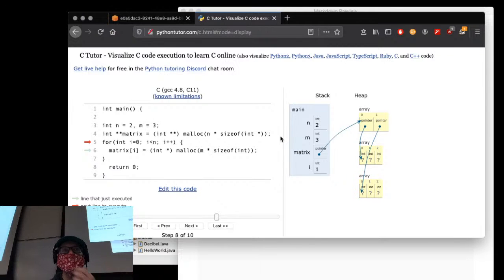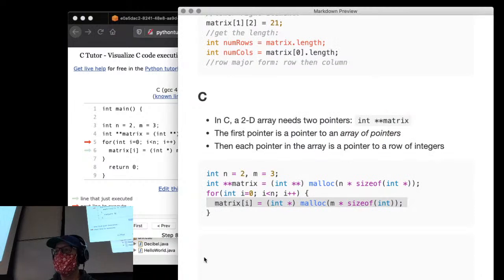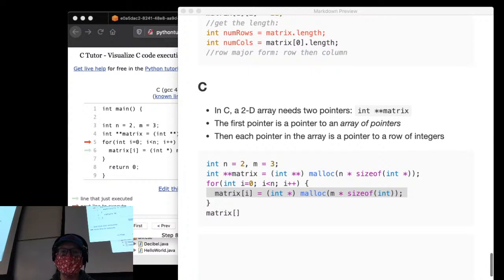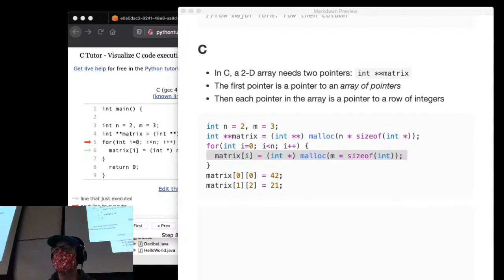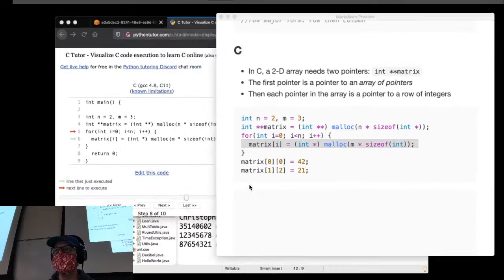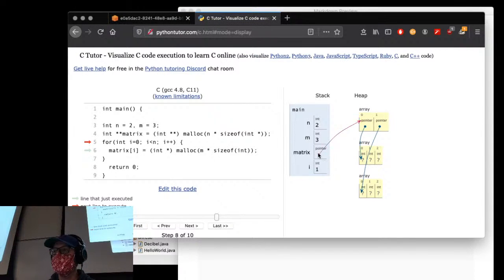But after that's done, I can access it just like I would a normal 2D array. What I can do after that is, there's a matrix. So in fact, I'm just going to steal the code from above. It's exactly the same code. The one at the top left is 0, 0. The one at the bottom right is 1, 2. And the way that works is